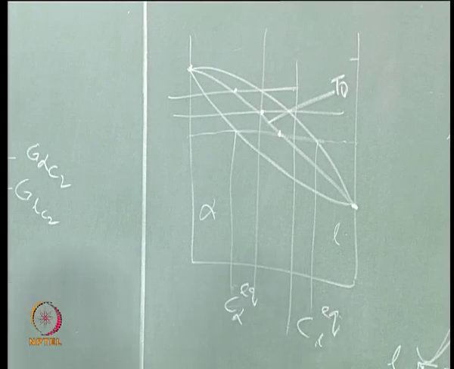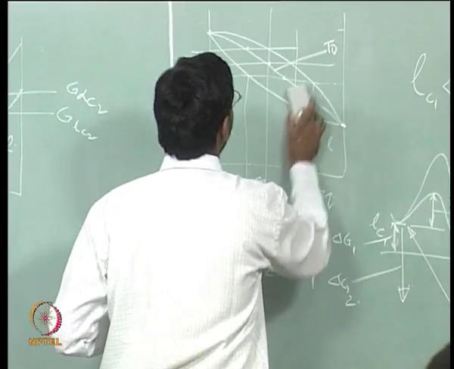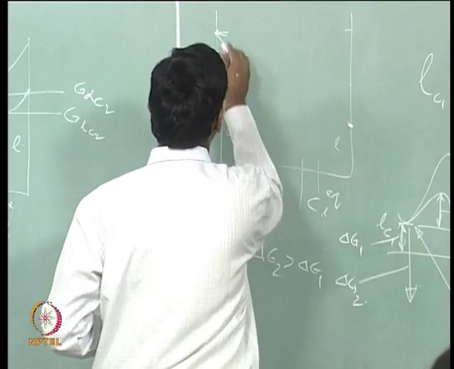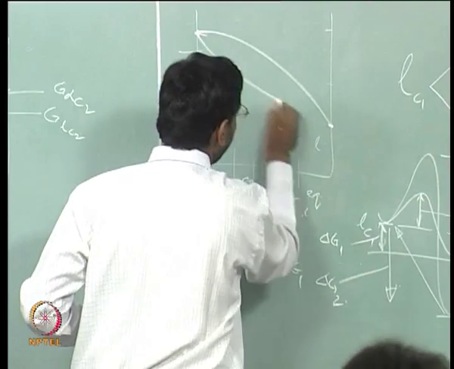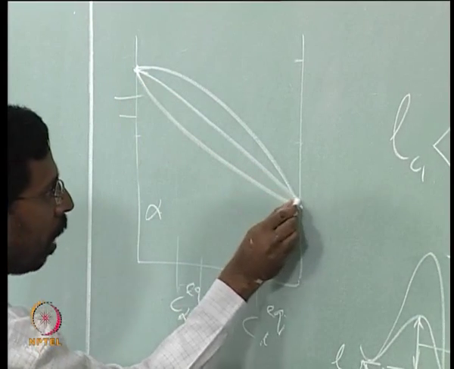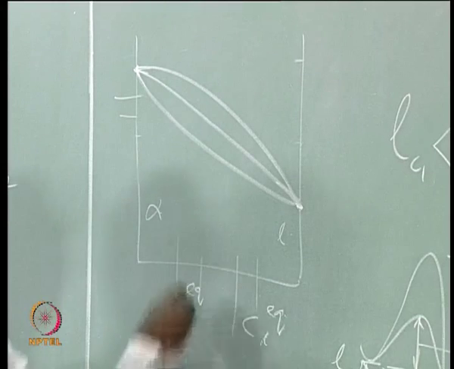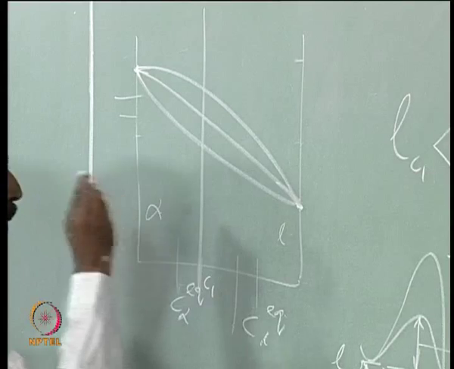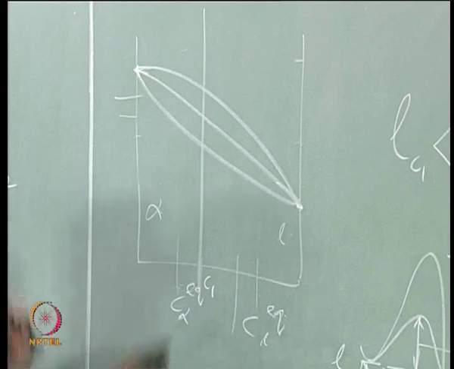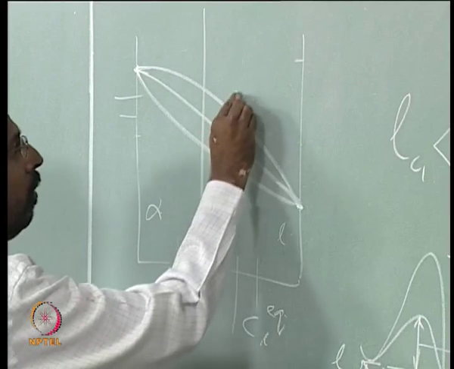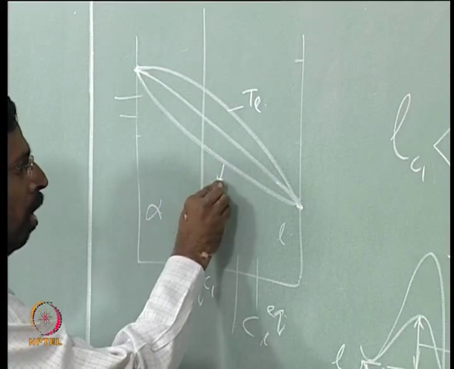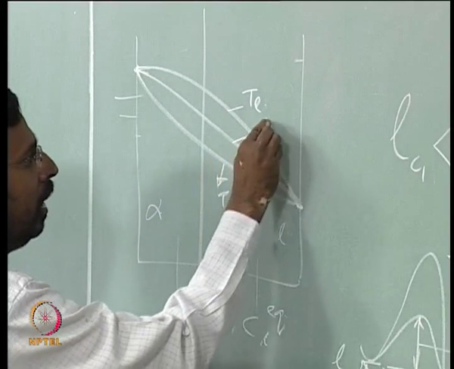So if you choose this, I will erase this and then redraw for you to reduce the number of lines. Though in isomorphous systems this is not a very useful concept, you will see as you go to eutectics this becomes very useful. For example, if I now take an alloy composition called C1, what is this line, the top line? Liquidus, very good. So this is called TL, T liquidus. The bottom is solidus, TS, and this is called T naught.